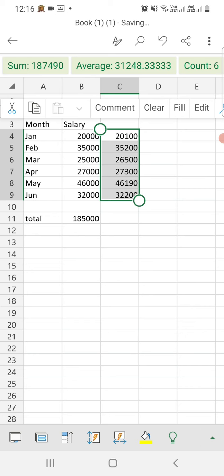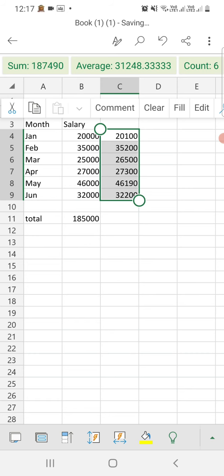Using the sheet name, we can also select cell reference. So it is very easy to calculate data from one sheet to another sheet. We can easily calculate by using cell reference, the copy paste option, or sheet reference.